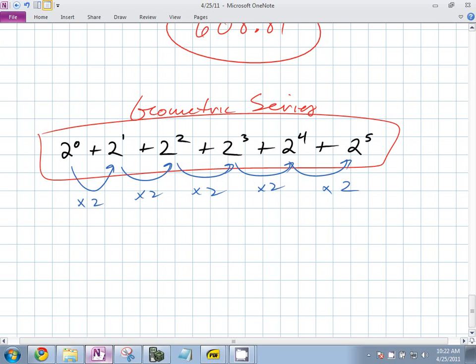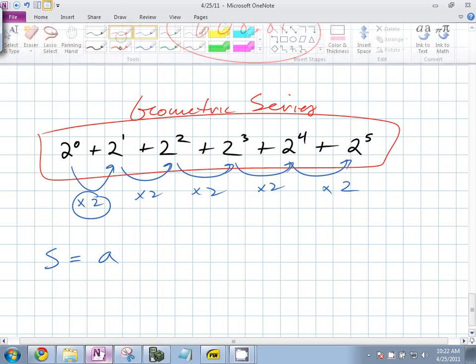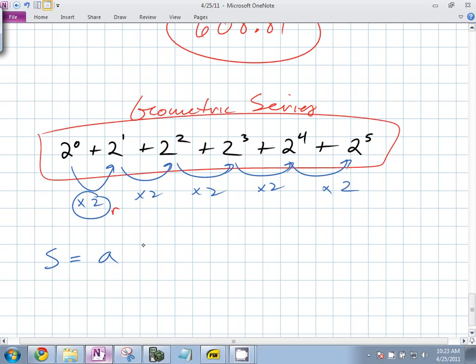So we're trying to figure out, is there any way to combine these? Is there any way to put them together? There's nothing we can add directly, and we don't know what it equals. We could say it equals s. So let's say it equals s. So s is equal to some first term, and instead of 2, let's call that the ratio. Let's call that r. So if the first term is a,